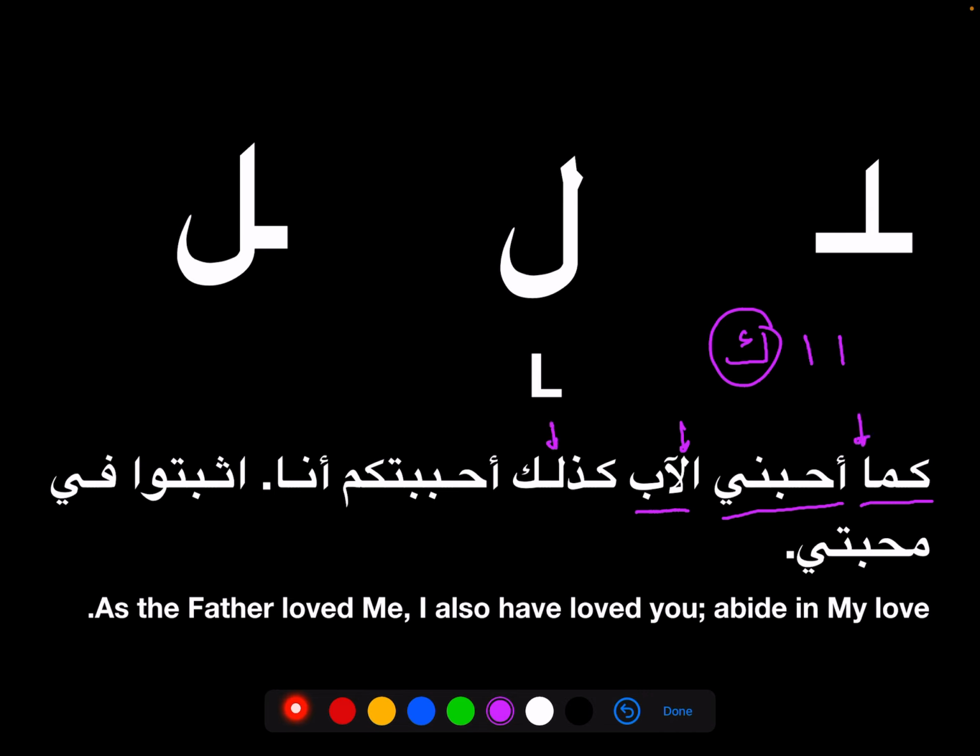Let's say like this. This is lam, right? But lam is different from the alif, because with the alif, nothing can come after it attached. But the lam is usually attached to a different letter after it. There's no problem with that. But the alif, I don't know, they made that to not confuse it with this letter, not sure. The alif is not followed by anything else. It's always the end. Even if there is another letter after it, it comes after it, not attached to it. Okay? So this is al-ab,